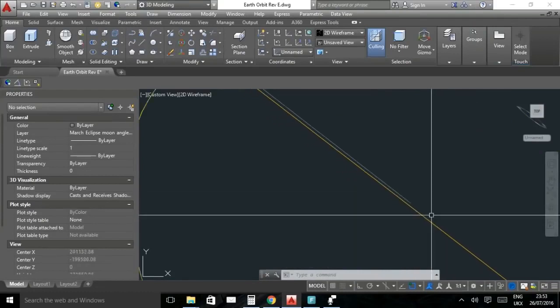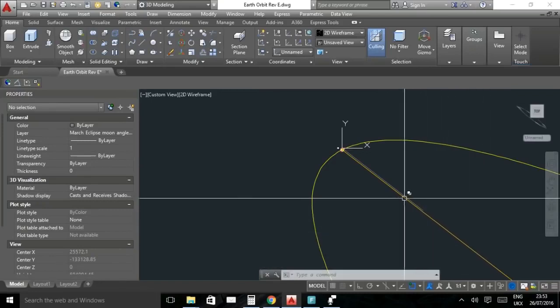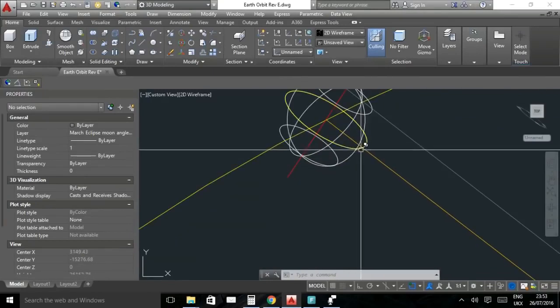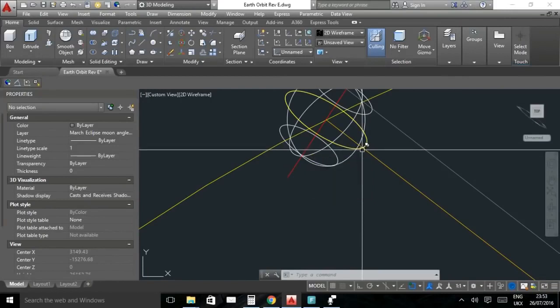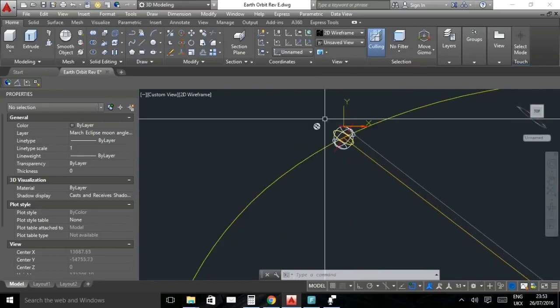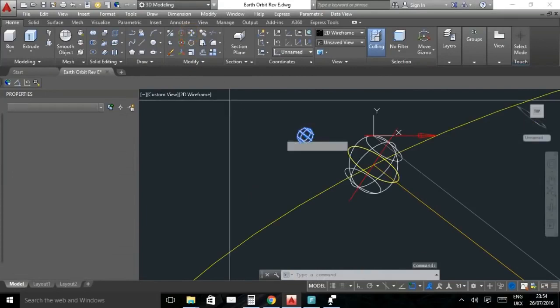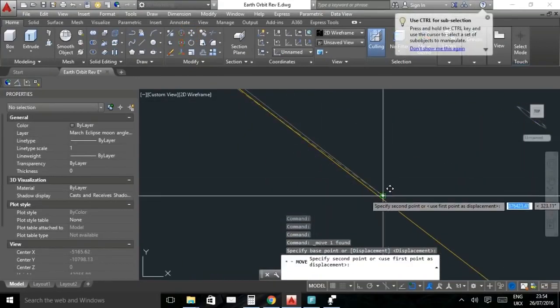So what should be happening is this is the direct path of the sun, or the direct line from the sun to the center of the earth. So at this point where it intersects here, that would be the maximum point of the eclipse. So at this particular instant in time, this should be in line with this. So what we're going to do is move the moon from its center to the end point of this line,